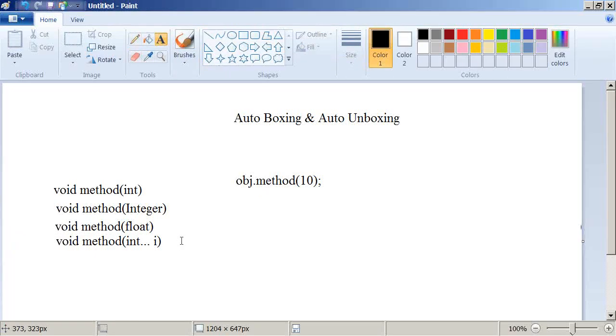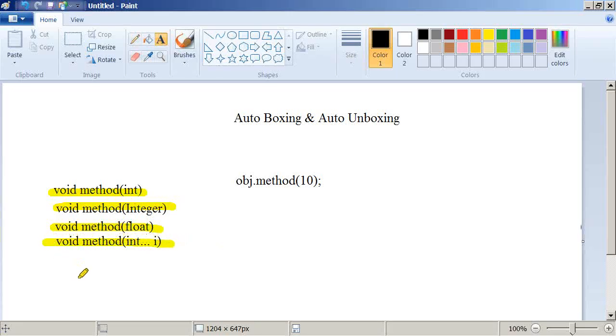Absolutely overloaded. Now which one will be given first preference? First preference will be 1, second preference will be 3, third preference will be 2, not 3, not 4,